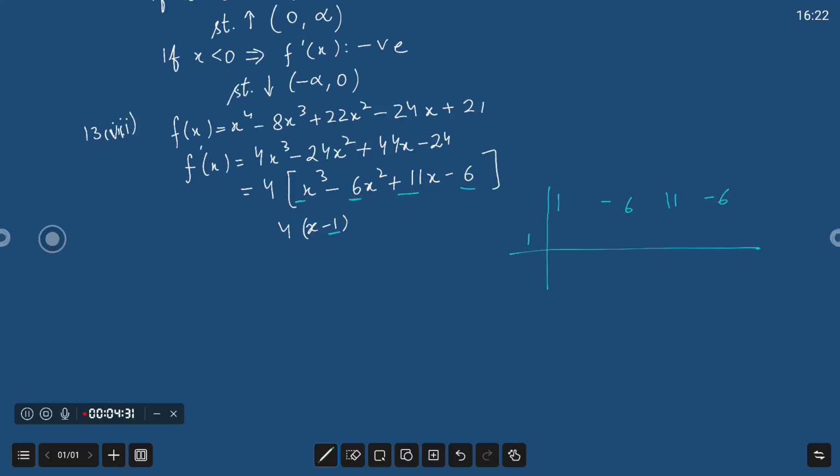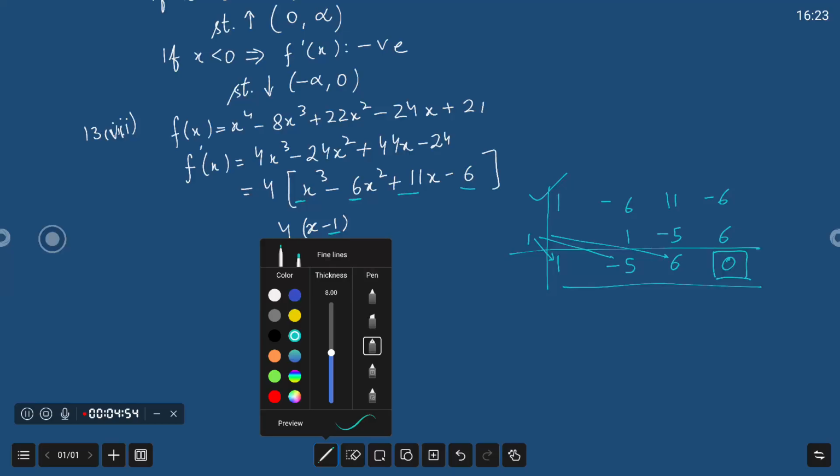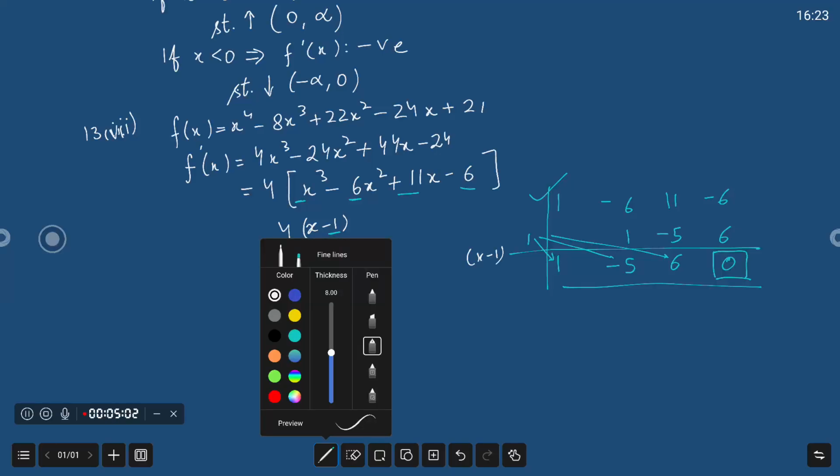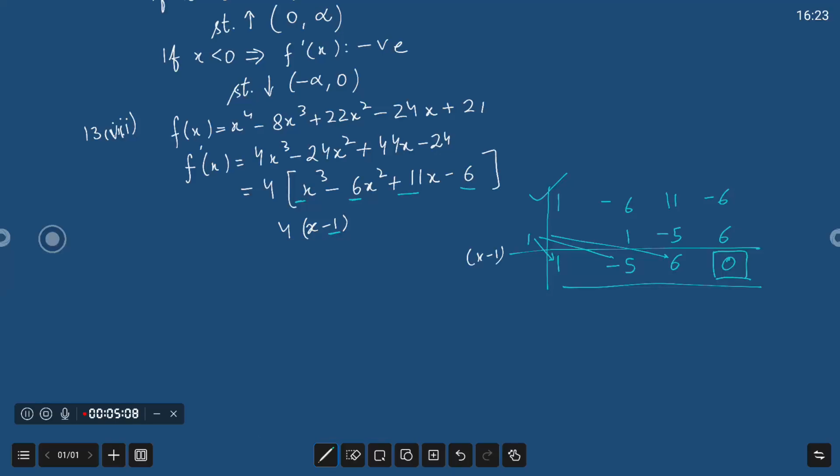Fine. So the first term gives you 1, then 1 into 1 gives you 1, minus 6 and plus 1 becomes minus 5, then 1 into minus 5 is minus 5, so 11 minus 5 becomes 6, 1 into 6 is 6, minus 6 and 6 becomes 0. So you should always get a 0 in the end. That means this complete polynomial is divisible by the divisor. What was the divisor? The divisor was x minus 1, because the value of the variable becomes 1, that's why we have written 1 here. Now this is what you get after division. Now the polynomial starts one degree lesser than the original polynomial. So it becomes what? x